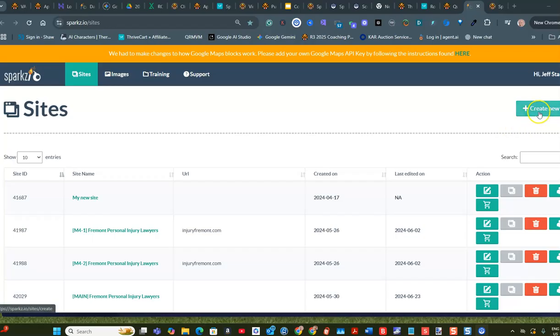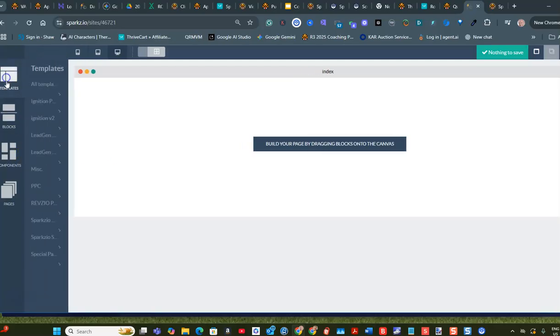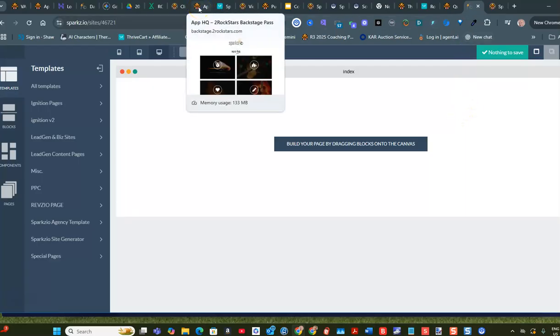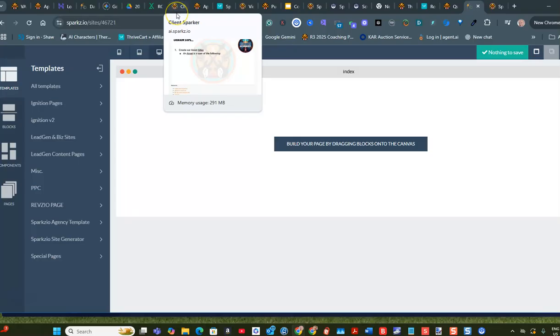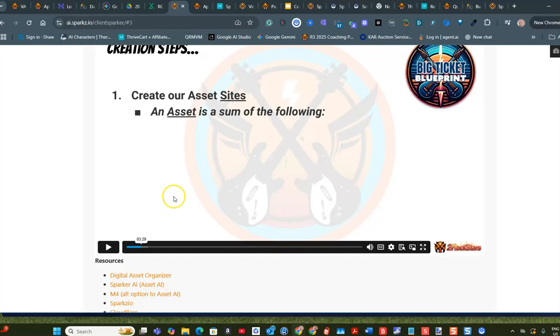But if I just click on this, it just creates one page, one site. Sure, you got templates and all that stuff, but that's not what I'm looking for, because what I'm using to create is another tool. But perhaps the best way to do it is to let Ben explain it to you, because this is